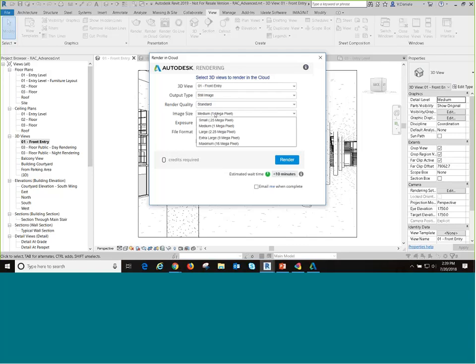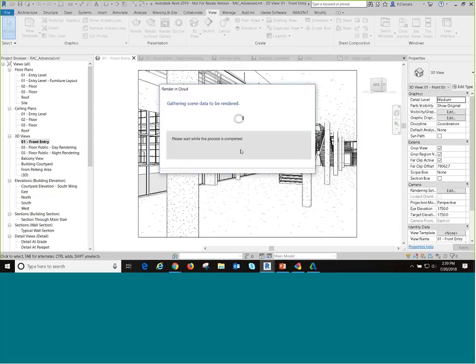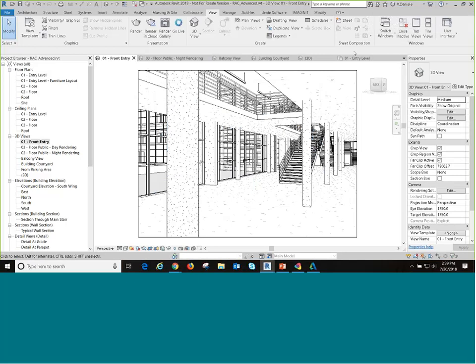standard quality, I can even kick it up to a large format. It's only going to require one, or if I just keep this on medium, this is much better than a draft rendering that you're going to get directly out of Revit, and it doesn't cost anything. So you have this service available to you. You can render that out. It sends it to the cloud, so you'll see a little circle by my name start spinning here. Once that gets going, I actually